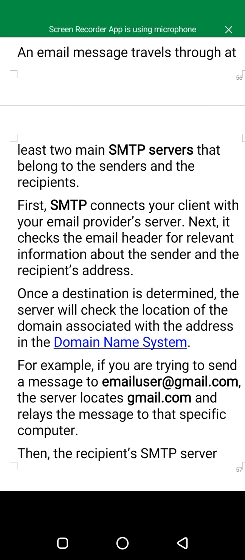Once a destination is determined, the server will check the location of the domain associated with the address in the domain name system, or the DNS. For example, if you are trying to send a message to user@gmail.com, the server locates gmail.com and relays the message to that specific computer.